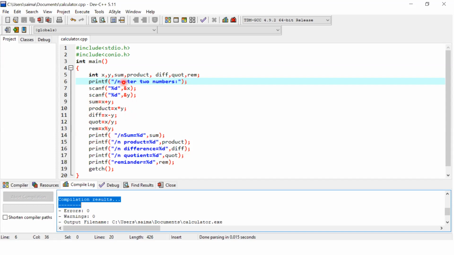First one is sum. Sum is equal to x plus y and must be terminated with a semicolon. Product: x multiplied by y. Difference: x minus y, semicolon. Quotient: x divided by y. Remainder: x, the remainder sign, which is the percentage sign, and y.